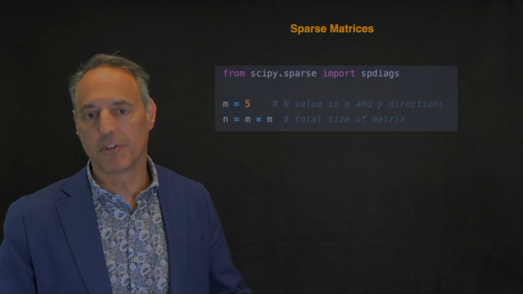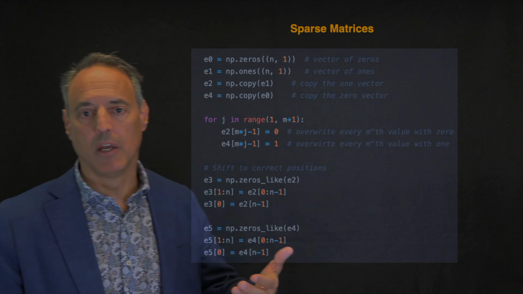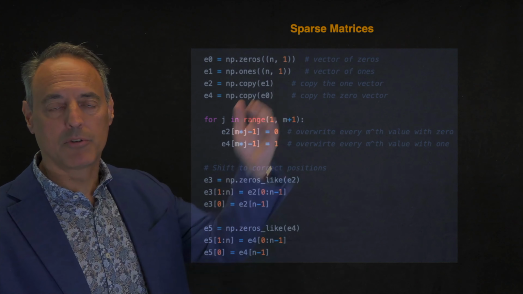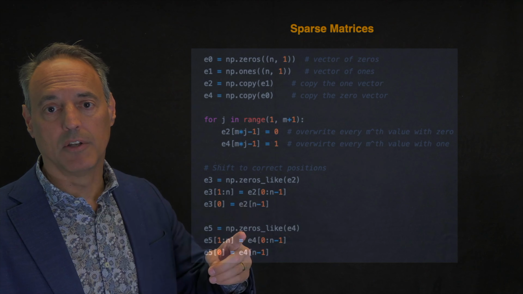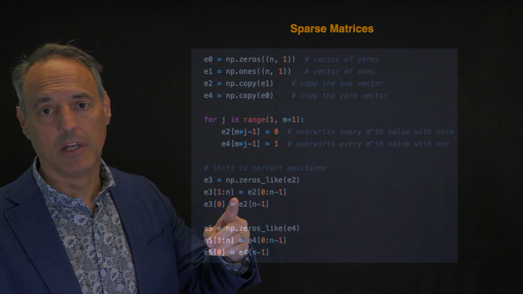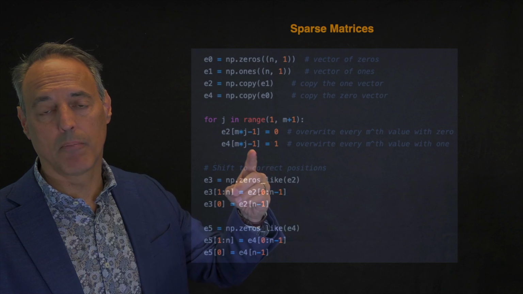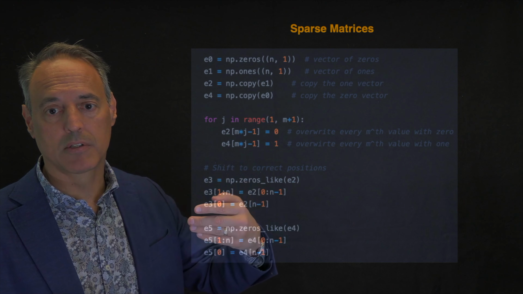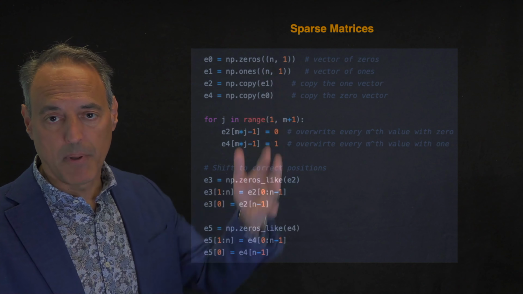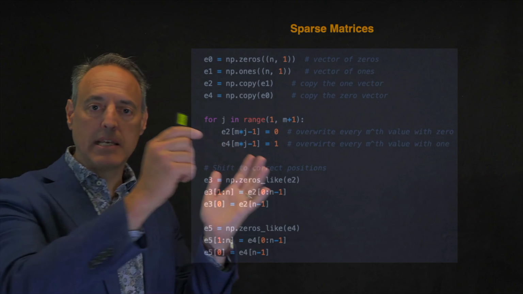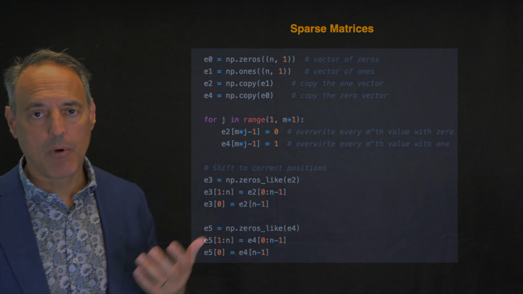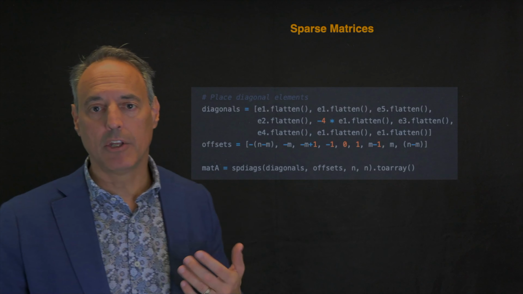And here's how you build this matrix though, right? You would start saying, okay, I first got to deal with vectors that are mostly ones and then zero, ones and zeros. So I build these all up in here. And this is exactly what this is doing. So every nth point I put a 0 or I put a 1 depending on if I have a 0 or 1 matrix. And so I'm going to build all of these. These are going to be my diagonal elements. My 9 diagonals I'm going to lay down in that matrix. And how do I put them down there? Is now I use this,